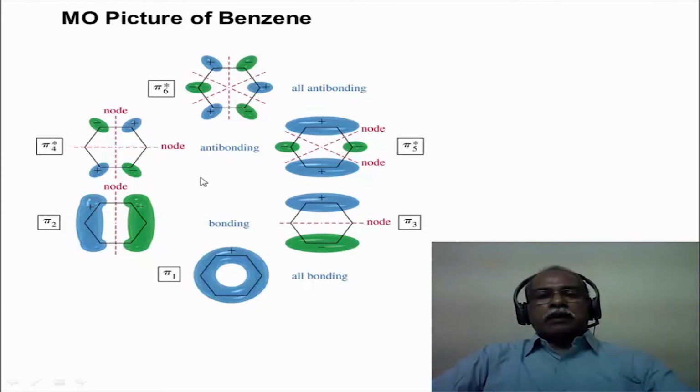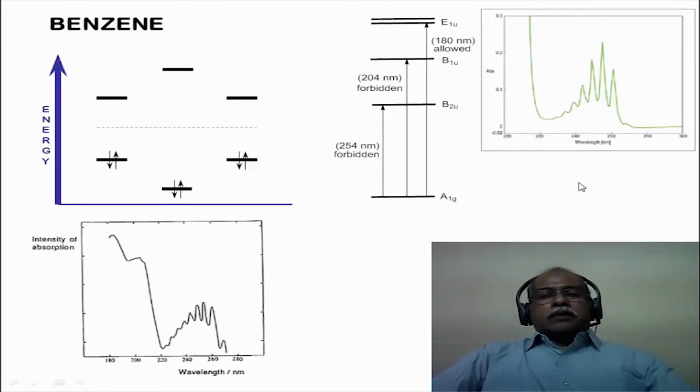As you go up in the molecular orbital picture, the number of nodes increases. This has two nodes each, for example. These are degenerate energy levels. In other words, pi 2 and pi 3 are degenerate, and pi 4 and pi 5 are also degenerate, and these are antibonding molecular orbitals. Finally, pi 6 is the antibonding molecular orbital of highest energy in this particular case. In terms of the electron filling, the lowest electronic state gets filled, and then the degenerate levels get filled.